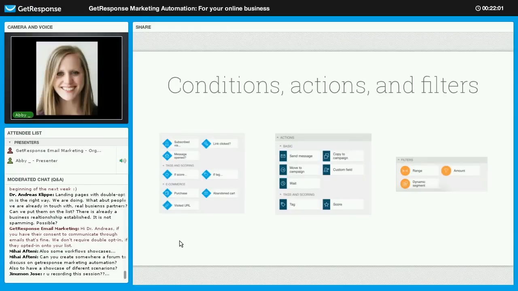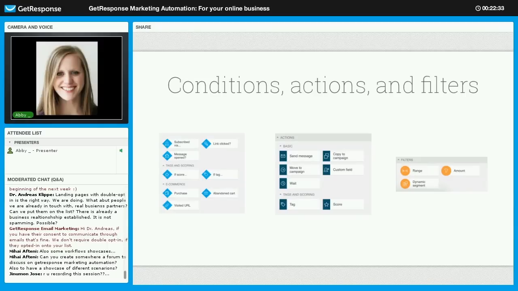And the amount is a neat way where you could maybe create some competition. First 10 clicks get sent the free ebook download or something like that. And then the dynamic segment is basically a way to fine-tune, like I said, which subscribers are affected by the workflow, but by utilizing different search conditions to only target specific subscribers that have specific custom fields or signed up via a specific way, to then be filtered through this filter and continue on through your